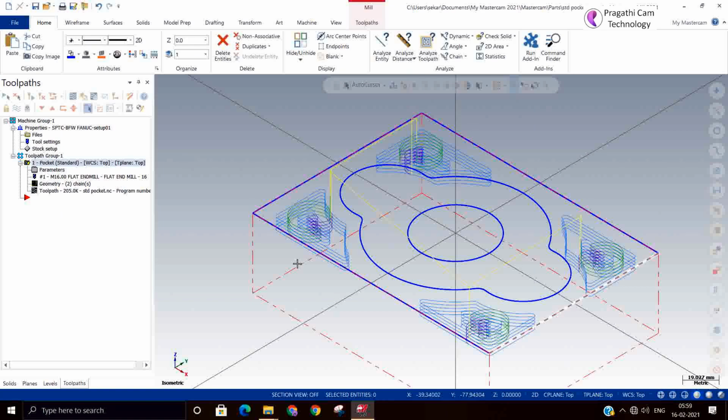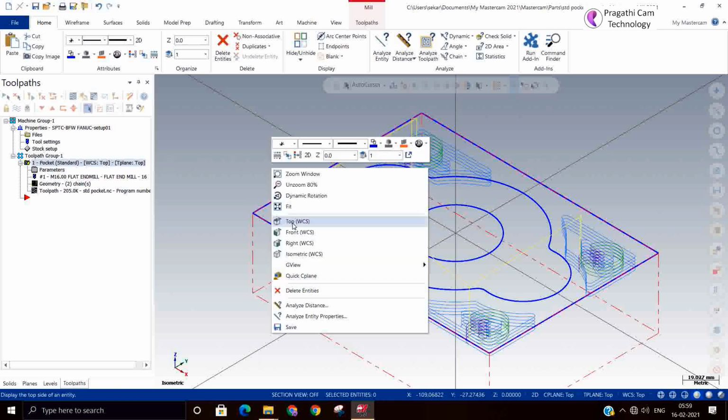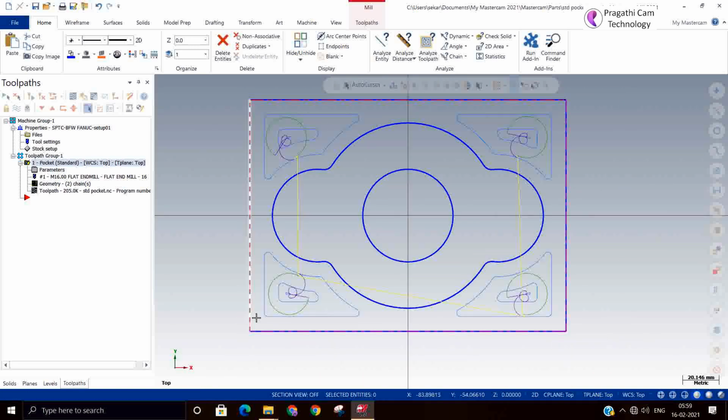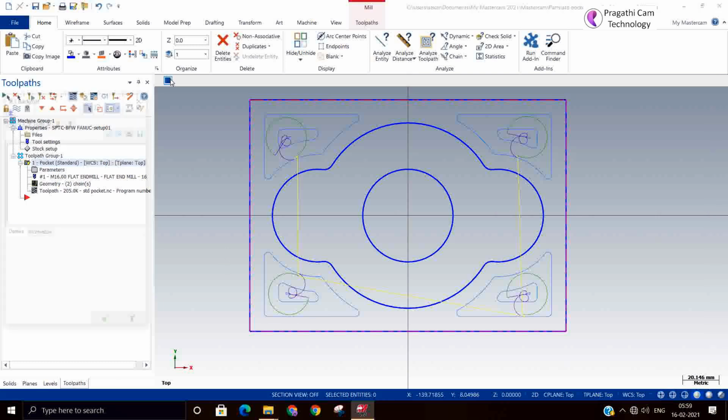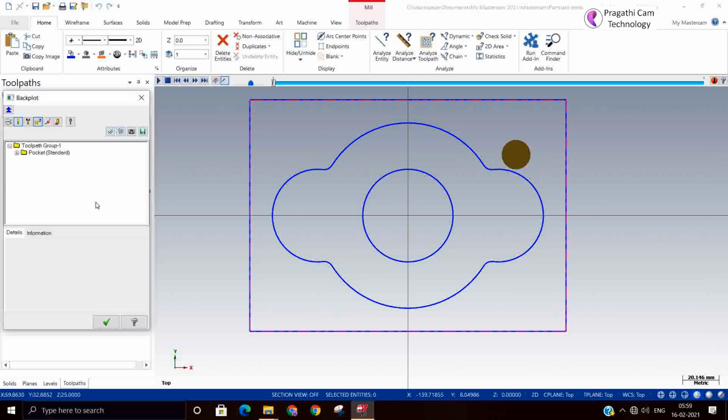If you select the pocket contour, it will work inside that particular contour. Only that particular outer profile it will work. So for that reason, it may not go outside this outer boundary. You can check the back plot.